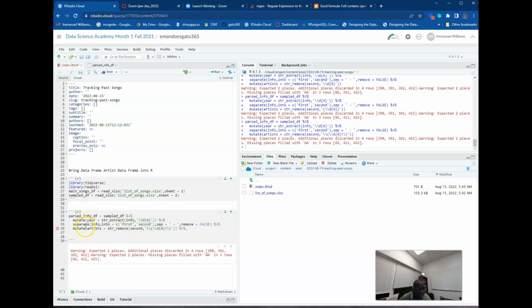I don't know if I gave separate the justice that it deserves the first time I explained it, but let me just do it here. And so what I'm doing is I'm going to separate the information within the string. Okay, so I'm going to take separate, I'm going to refer to first. That's the variable I'm referring to. Then I'm going to split it into, right? I'm going to say into. I'm going to split it into,